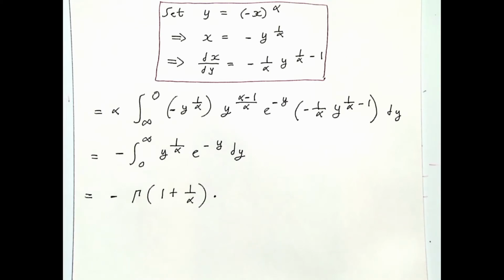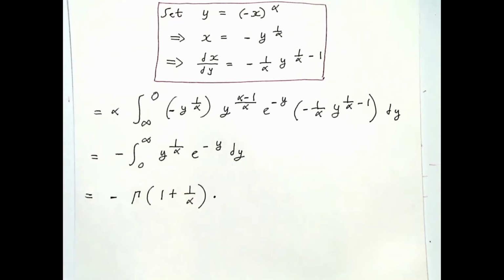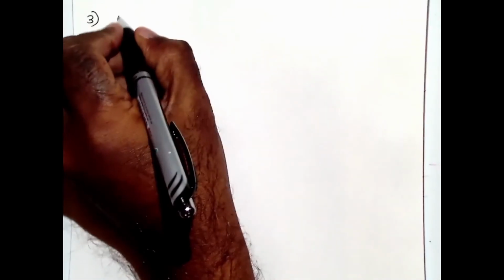Okay, so this completes question 2 of sheet 1. The next question, number 3, is to find the variances corresponding to the 3 limits. So this is 3. Find